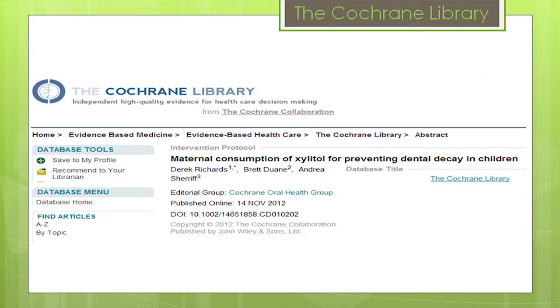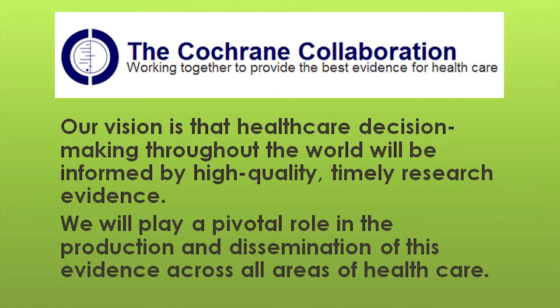One of the reasons I've been asked to come is I'm involved in two things. I'm involved in my own trial that's sort of wrapping up now, looking at whether xylitol reduces dental decay in children. But I'm also one of the authors of a Cochrane review of the maternal consumption of xylitol. So if you keep an eye on this, because we're just reviewing the papers as we speak, what Cochrane does is gather together all the evidence on a particular topic and actually judge the evidence as to whether it's good quality research or not so good quality research, and then puts it all together.